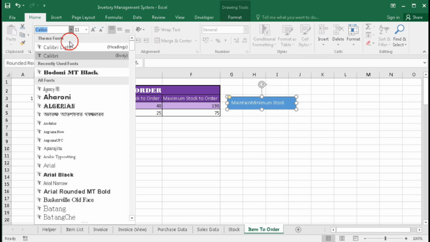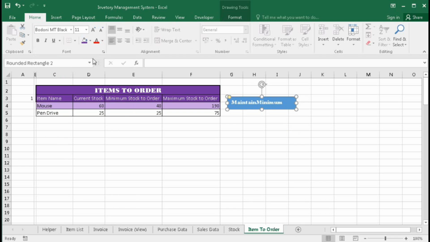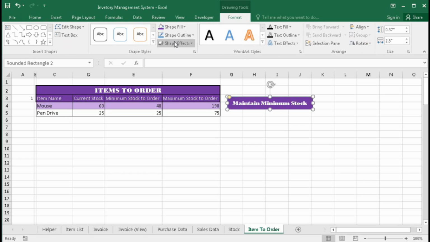Select the font and make it center middle, change the color, give it a 3D effect. Now draw another one.